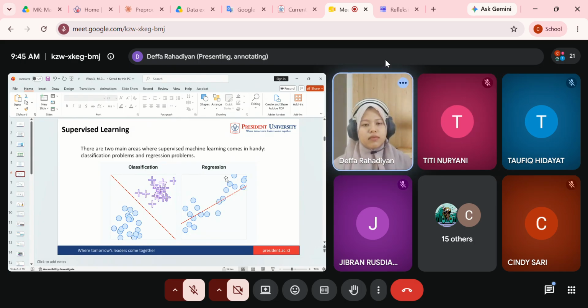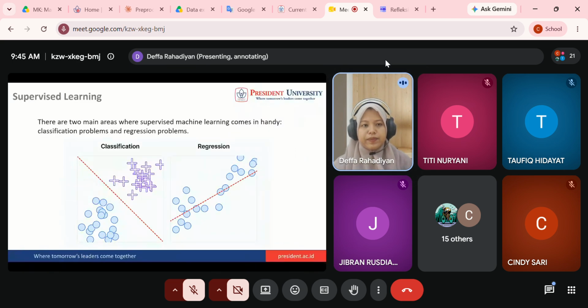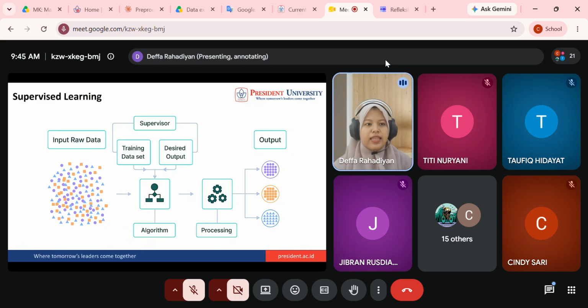Next, this is the example of supervised learning. Here we can see our raw data.